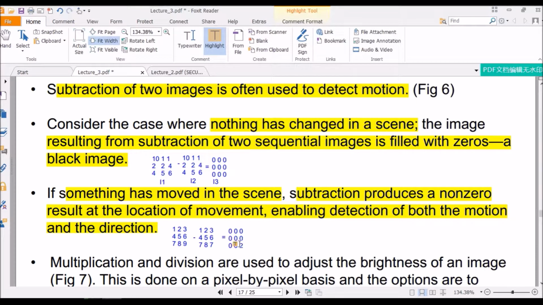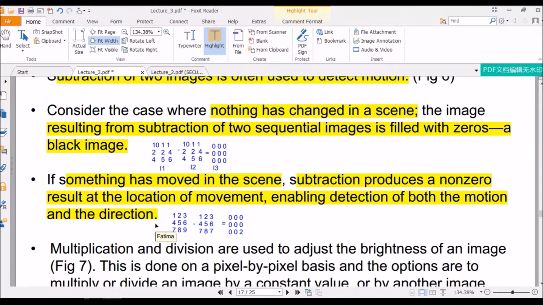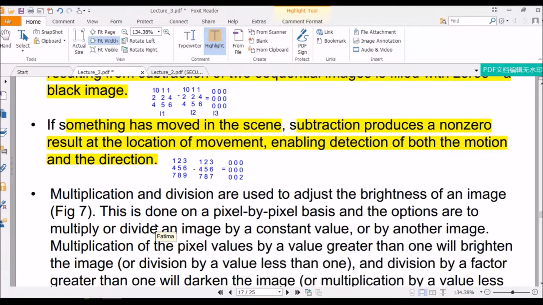It means at this location there was a motion, and we can determine the direction because 9 minus 7 is a positive value, which means it's in the positive direction. If, suppose, the value here was 7 and this was 9, it would give a minus value, which would mean that it's in the opposite direction. It will become a bit more clear when I show an image example. But for now, let's move on to